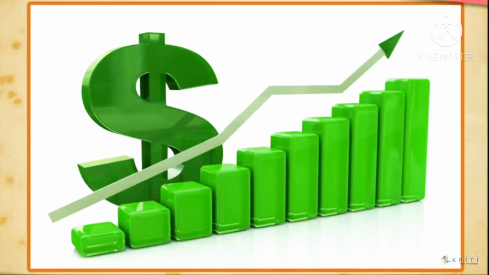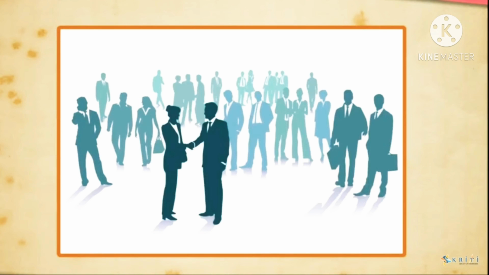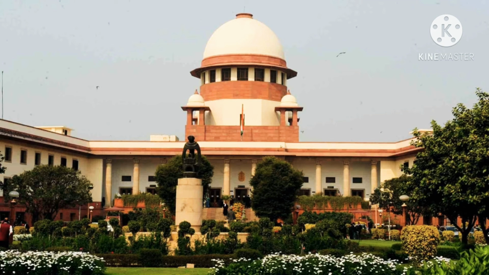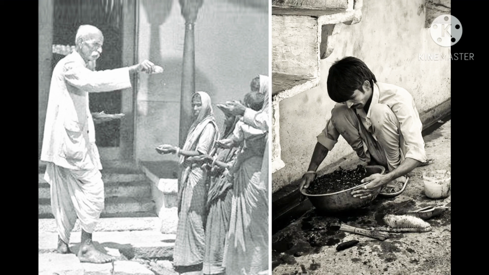Are we living in a developed country or in a world which is technologically hi-fi? The thing called untouchability needs to be removed from our country. Even our government has several rules and regulations for these people, and to save their rights in the constitution and in the country. But still we can see various people practicing untouchability these days too. Though the government has a fine provision for them also, people don't care about that.